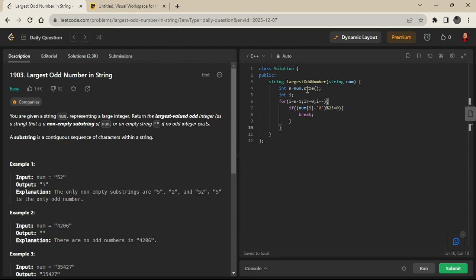After doing this, one edge case arises. If i becomes negative, that means there is no odd character.